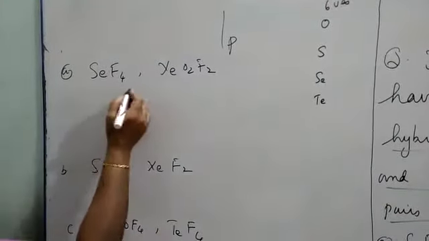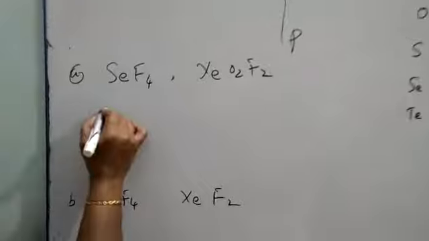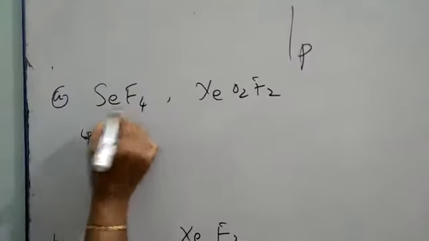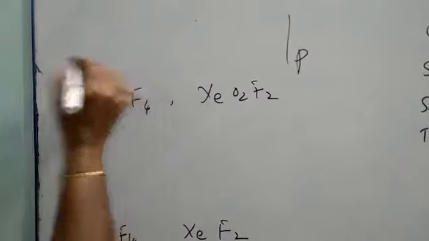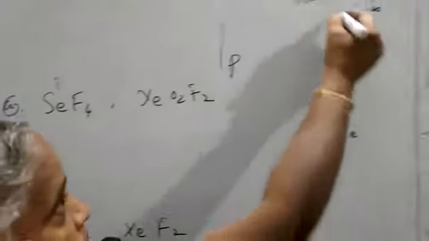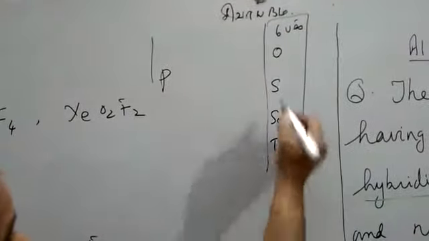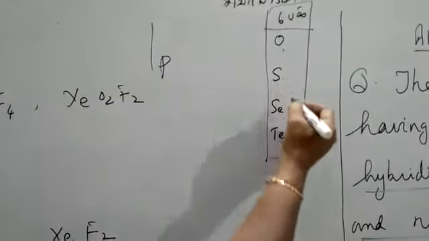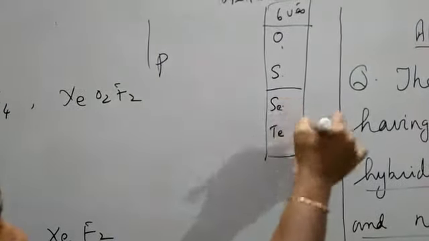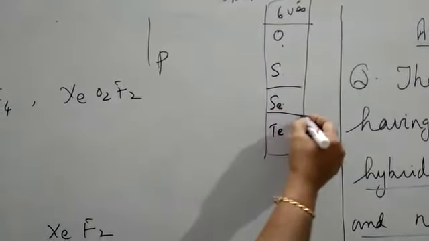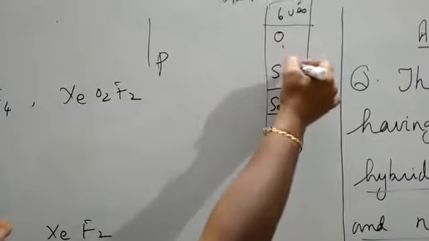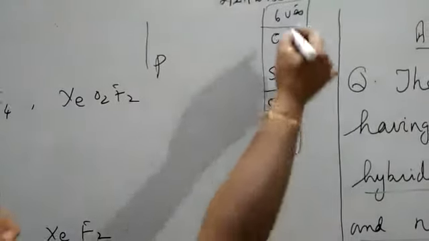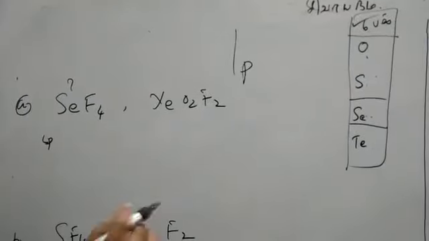Okay, now let us see. The lone pair for this selenium first: where is selenium? For your reference, I kept it in the group of oxygen, sulfur, selenium and tellurium, as given in the AIIMS question. The valence electrons of oxygen are the same for selenium. So from this knowledge, the valence electrons of selenium is 6.